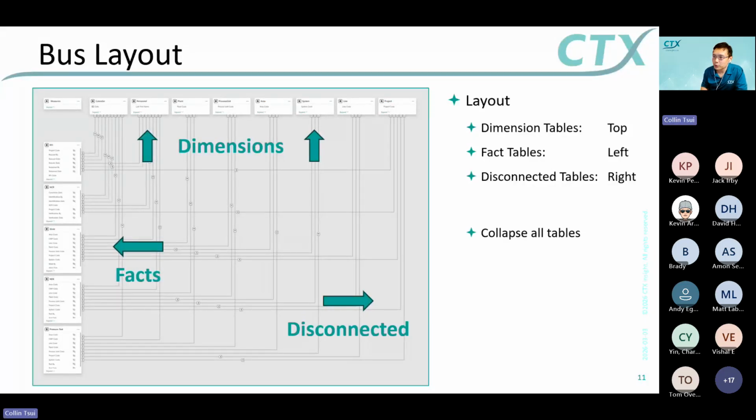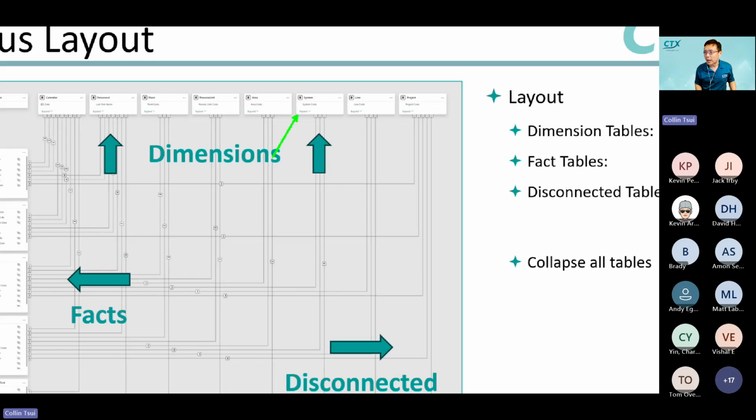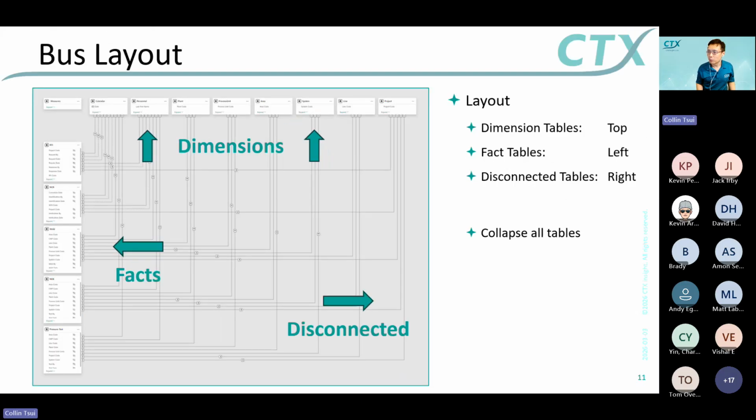And one thing that I like to do is collapse all the tables as well. At the bottom of every table is this expand and collapse option. I actually like to collapse every table, and what that does is give me a lot more real estate to work with